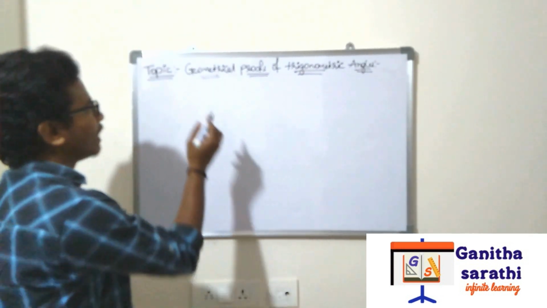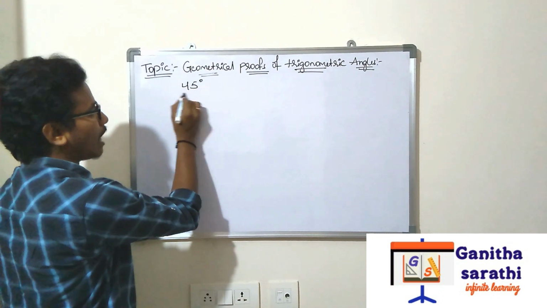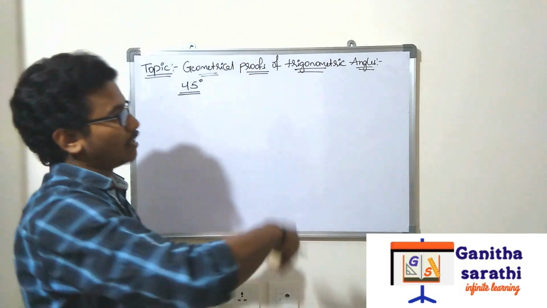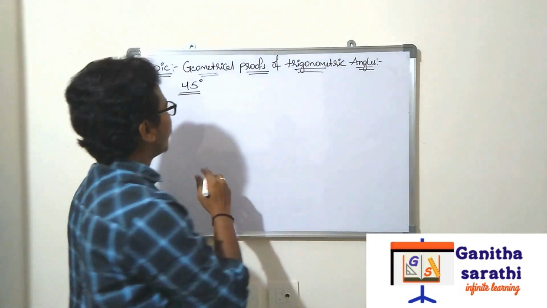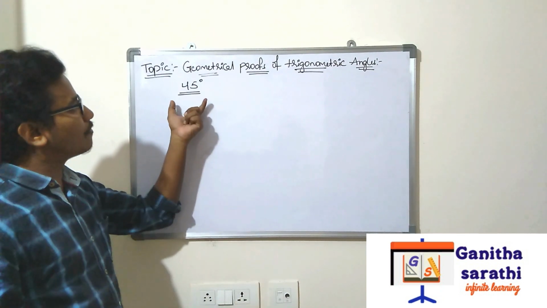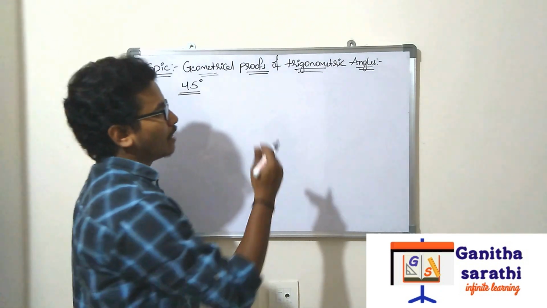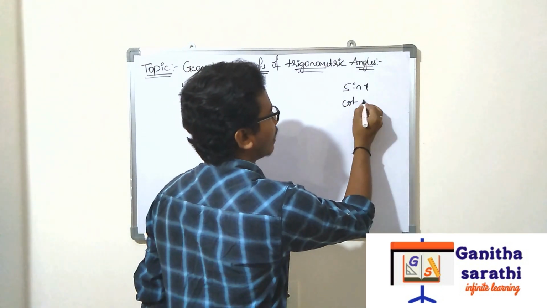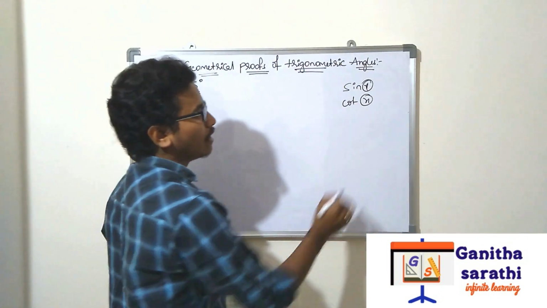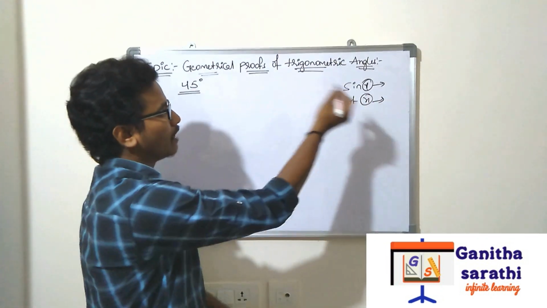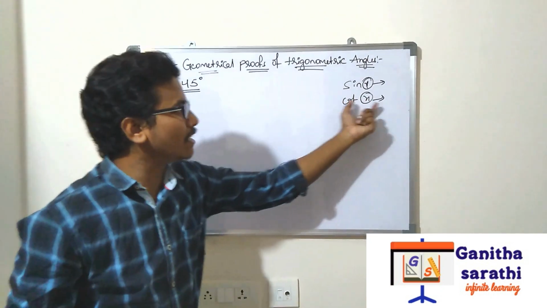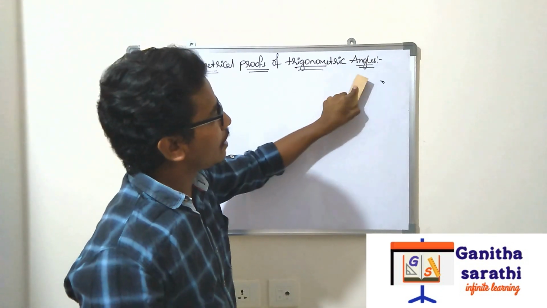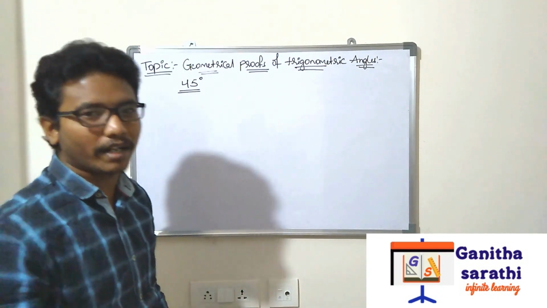So first we will take the angle 45 degrees. We will start with 45 degrees. I am just giving you the outlook, not the theory part. For finding the geometrical proof of 45 degrees, in the previous video we have seen sine x, cot x. What is the value of x here? X means some angle, some degree, right? So now in the place of this x, we should take 45. So we have to find the values of sine 45, cos 45, like that, the 6 trigonometric ratios.